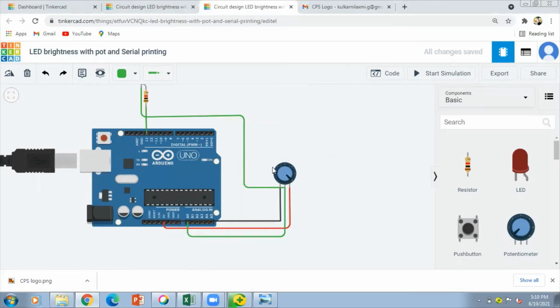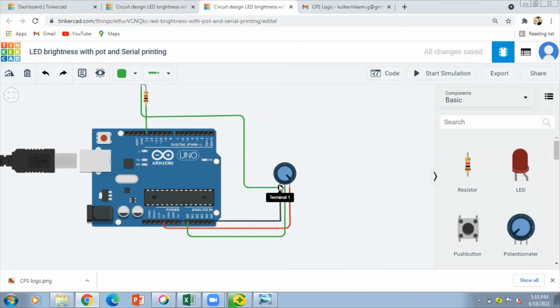So as I said, there are three terminals to the potentiometer. This is terminal 1, terminal 2, and the middle one is the wiper, where we will get the variable value of this potentiometer, the variable resistance. The value will vary as we rotate this knob. We have to connect one of the two terminals to the ground and the other to the VCC. There is no polarity here, so we can connect any terminal to the VCC and any terminal to the ground.